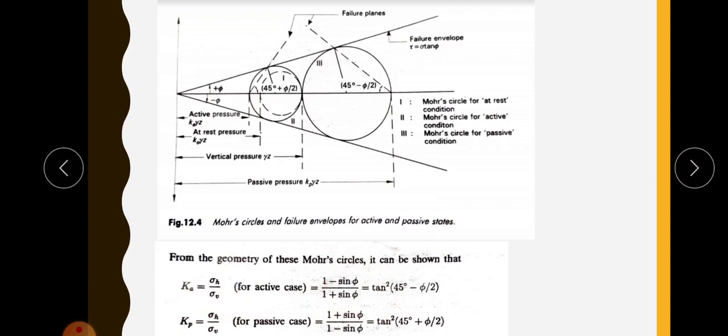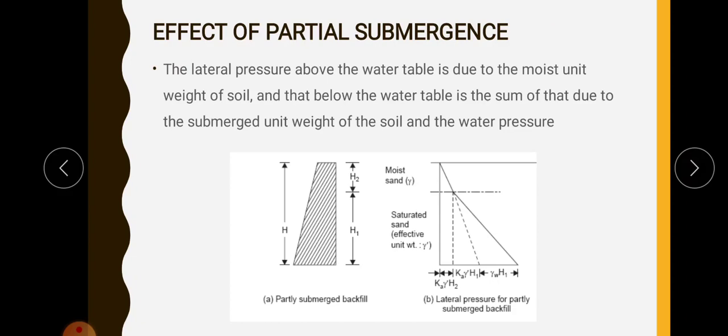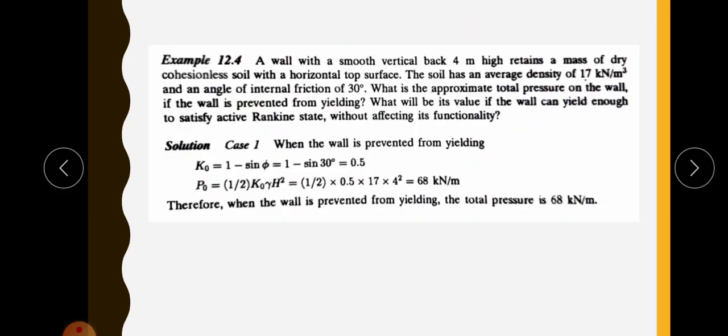So I am not explaining this again. Other cases and the calculation of lateral earth pressure steps and all are the same. Only difference is this constant. Okay, so you should learn this equation by heart, and also the equation for inclined backfill. So next we can do one problem for the active case.